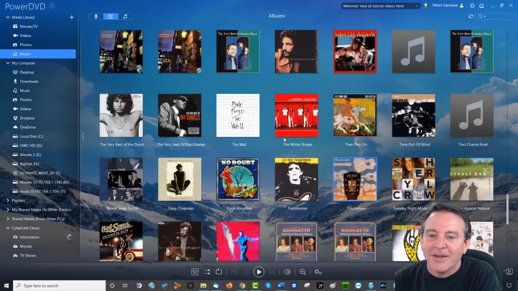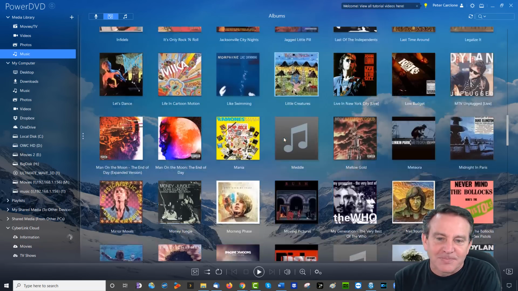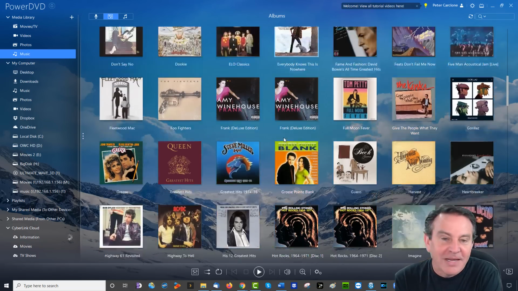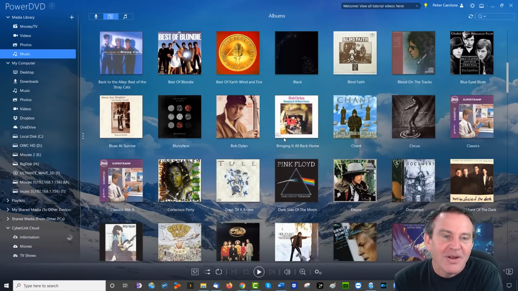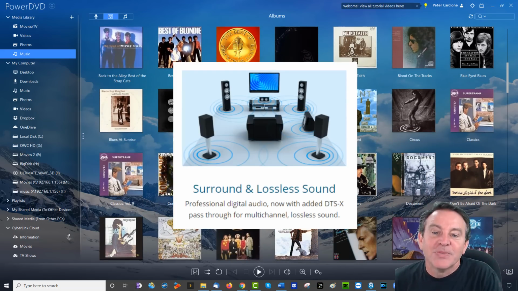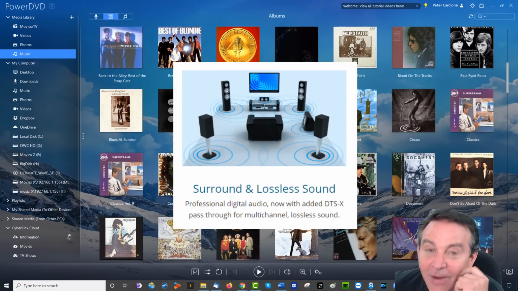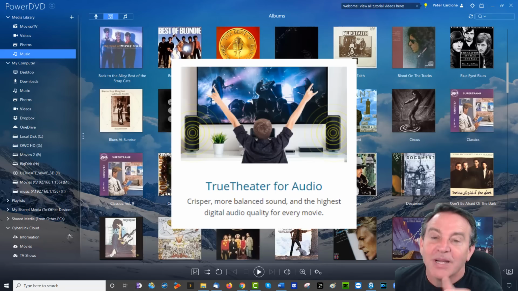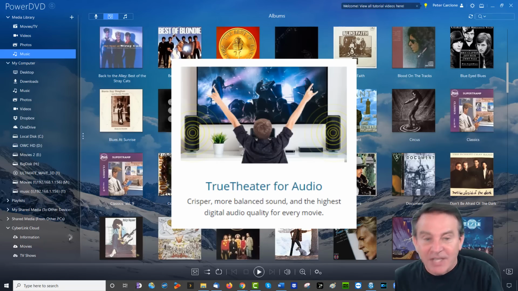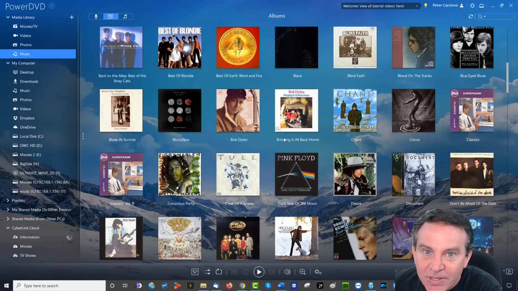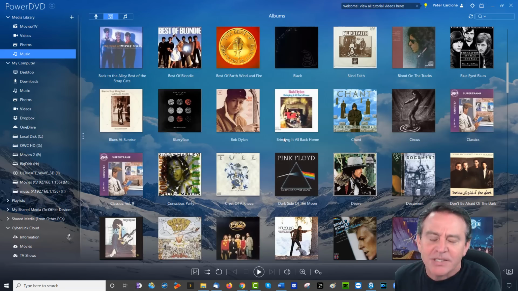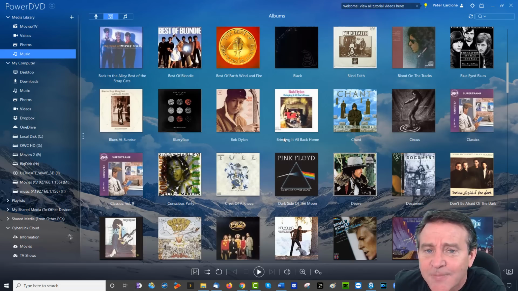Here's my music library, all my different albums. It just pulls them in from my network attached storage drive. They've been there forever. All you've got to do is listen to them, because you're going to say, wow, that does sound a lot better than what I've heard in the past, because they do the post-processing. Now, I do want to mention, you can't just put this on any PC. You can't say, oh, good, I have a Celeron sitting with dust in the garage. No, it really wants a serious PC, and you should take a look at some of those system requirements.